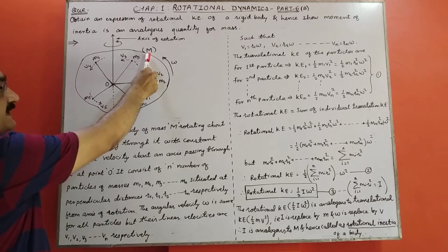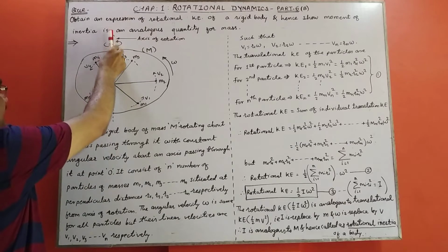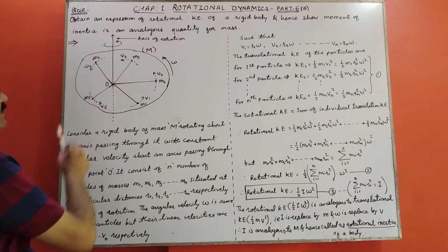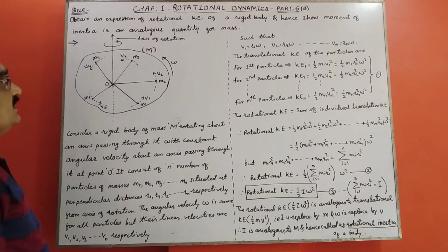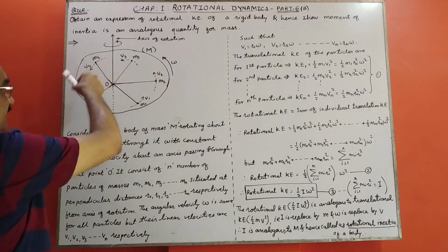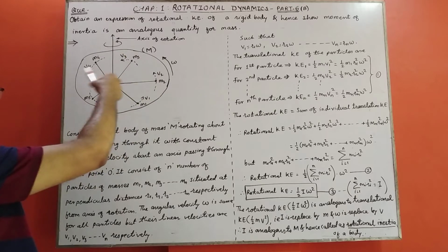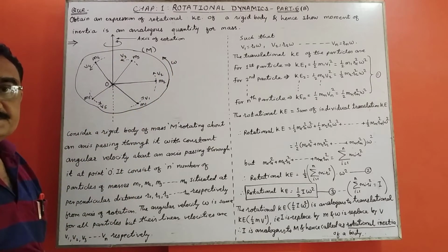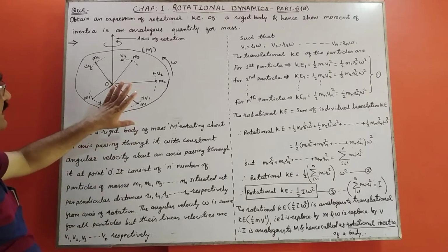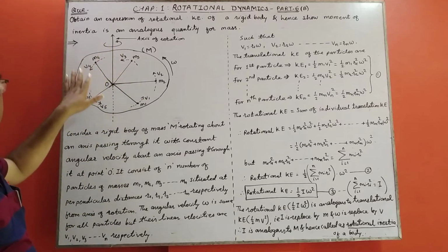Its mass is capital M. This is the axis passing through this point O. That is called the axis of rotation. Now this body is rotating about this axis in anticlockwise direction with constant angular velocity omega. This body consists of n number of particles